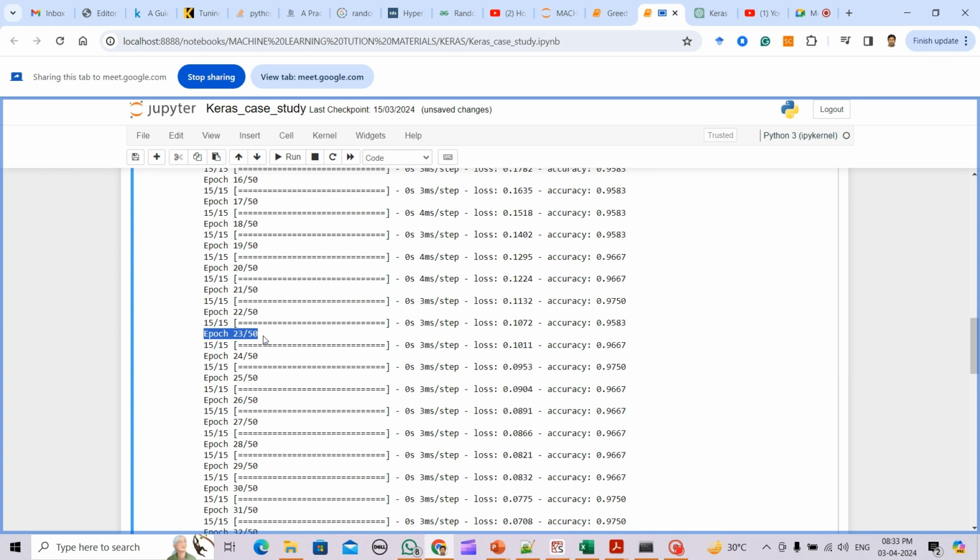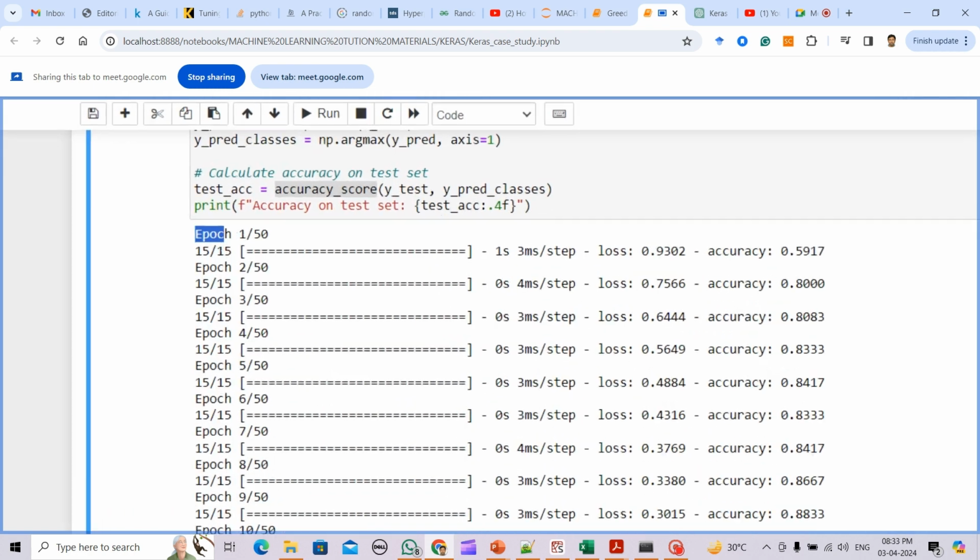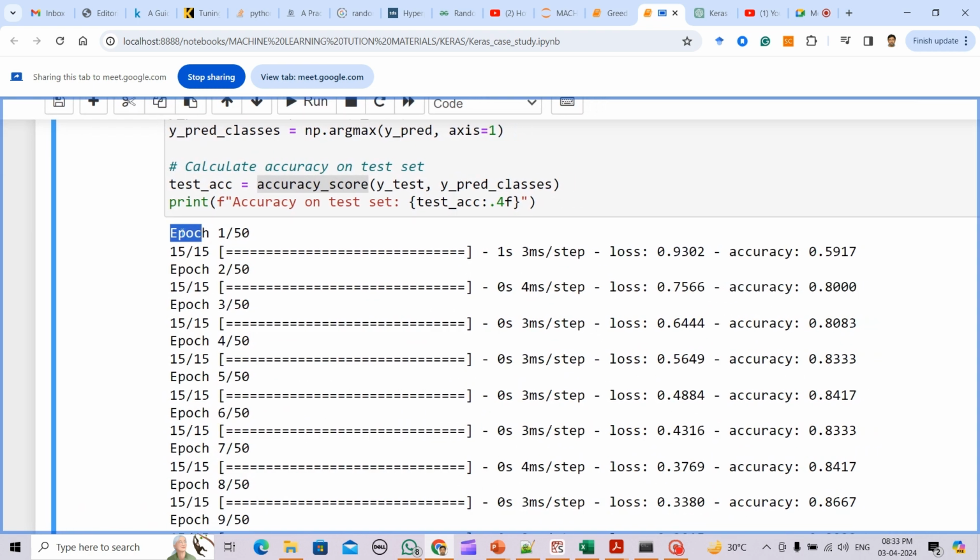Now questions come. One thing that you see, if you look very carefully, for every epoch it is representing 15 out of 15. What is this? Why does 15 come? In epoch 1 it is 15, in epoch 2 also 15 is there, in epoch 3 15 out of 15, epoch 4 15 out of 15. What is 15? If you try to find out the significance of this value 15, it's actually